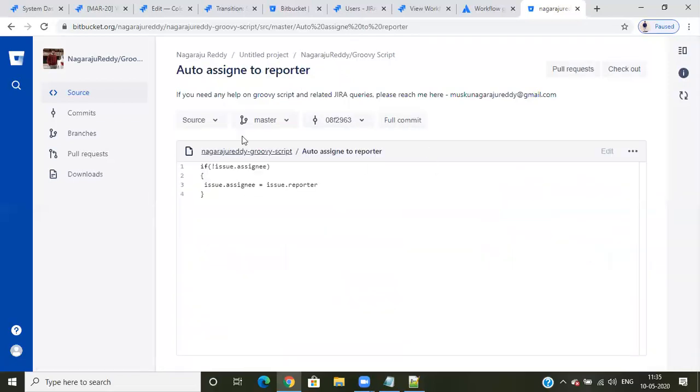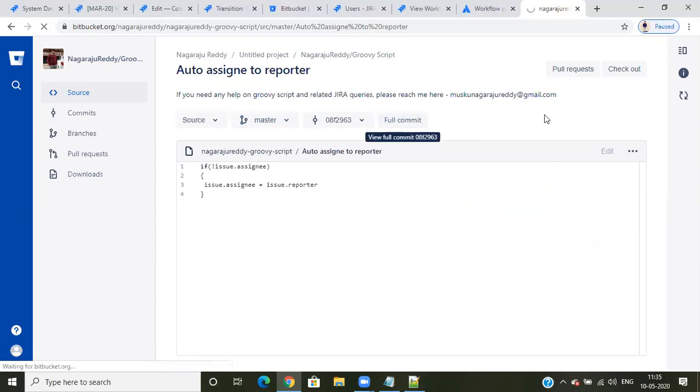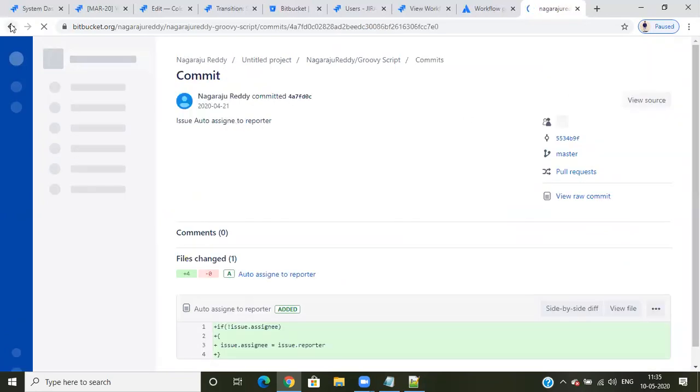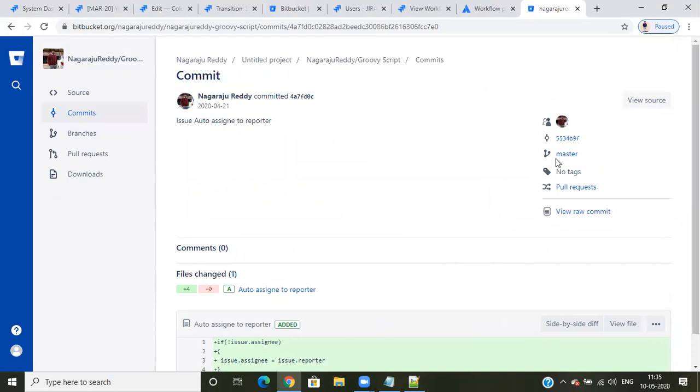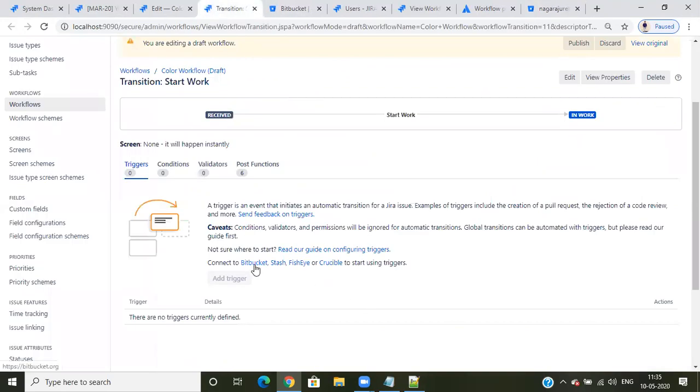If you open it, I can show the options like the full commit. When we link these things to Jira, we get the Jira linking option. I can click on Jira linking here, and from Jira as well we can link this automatically, so it will be linked there automatically.